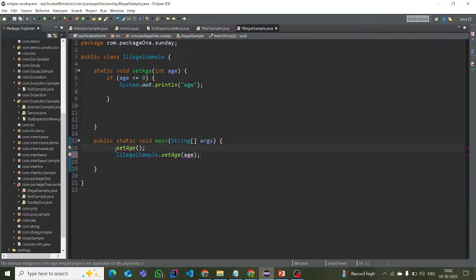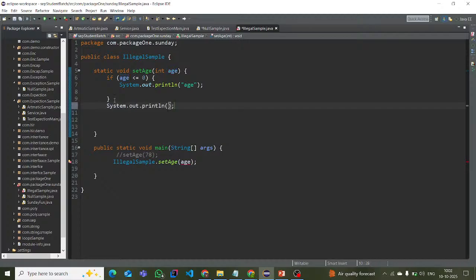We can call it either directly, where we have to give arguments, then it is okay. Directly we can call this static method, otherwise with the class name. I will call with the class name. Let me put this one in comments. Here it is expecting an argument, age. If I pass an argument, it will go inside, store it in age, and check the condition. It will return a boolean value, true or false. If the condition is true, it will enter inside and print. Otherwise,